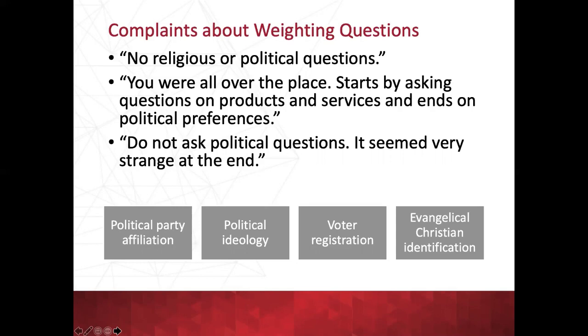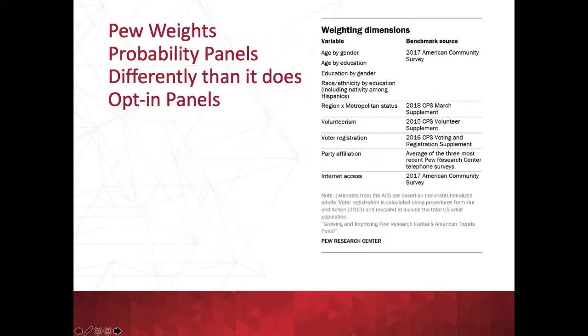We then ran a version of the survey where we told people this data is just so that we can weight it to be more representative of the overall population. Still, it's not something that people liked, and for B2B work, it might be something that you don't even want to ask. Instead, just go back and use the interlocked data and not these extra variables. So that was research that Pew did on non-probability panels. So they worked with 3 vendors, got non-probability data, and then they were weighting it and testing various weighting schemes, and that was the weighting scheme that they came up with that was most effective.